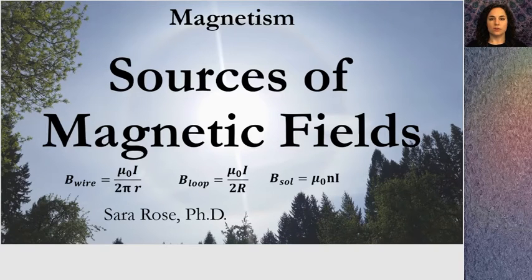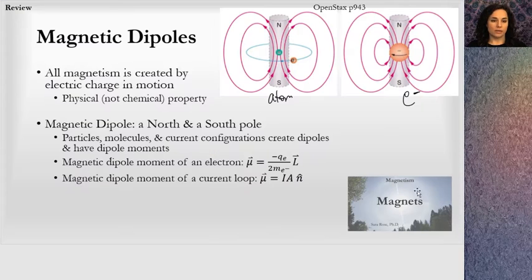This is a lesson on sources of magnetic fields in a unit on magnetism. In a prior lesson on magnets, I had gone over what magnetic dipoles are and how all magnetism is created by electric charge in motion. So as we're looking at the sources of magnetic fields, we're going to be looking at charges in motion and